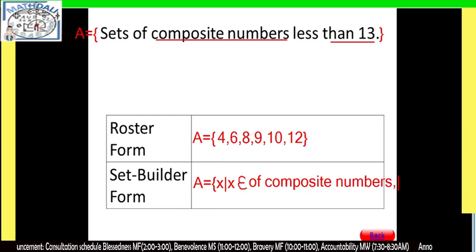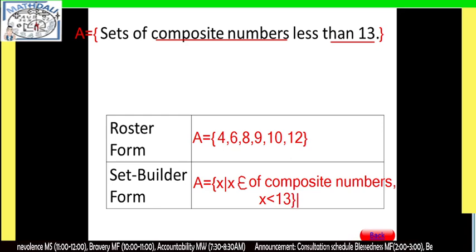Then we have comma. Then another condition we have, we're going to consider only composite number that is said to be less than 13. Then we have the brace.